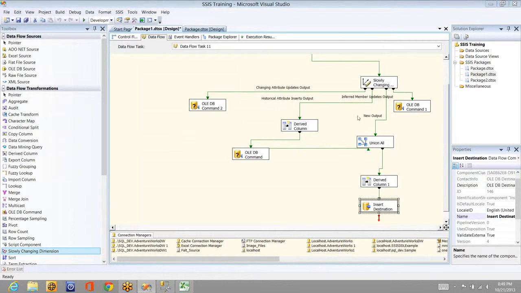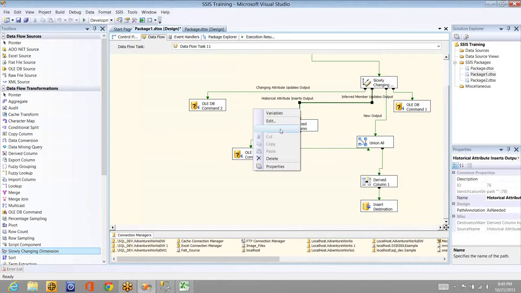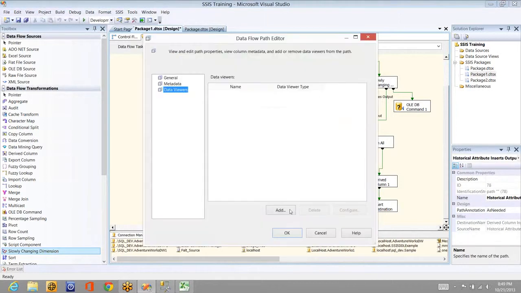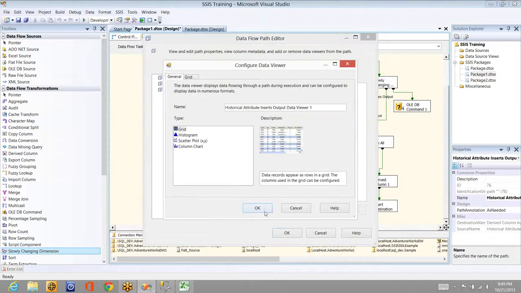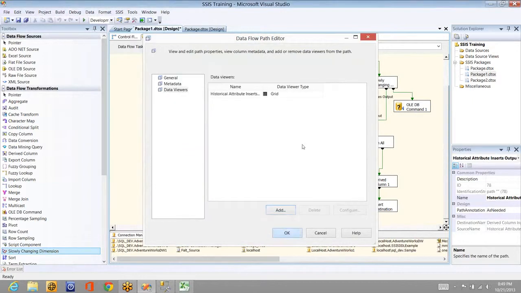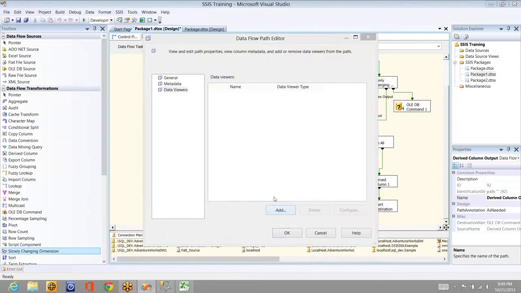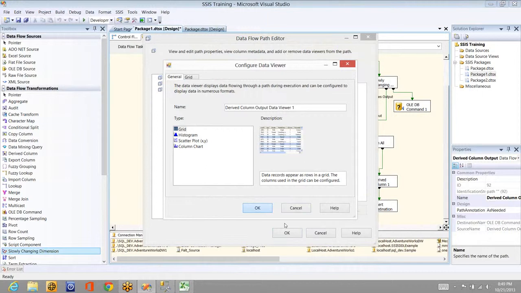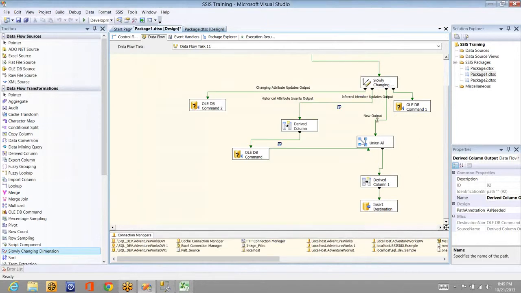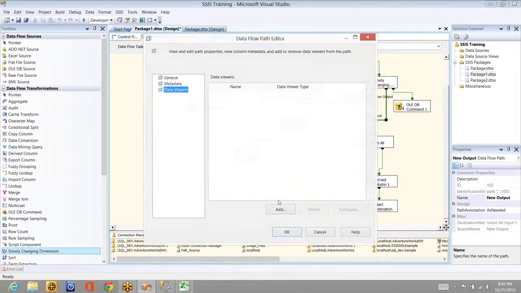So here this is a little bigger one than the earlier one. So what I will do is I'll set data viewers here so that you can understand what's happening, how the data is flowing. Okay, and here I set one data viewer, and here I'm setting one data viewer, and here I'm setting one data viewer.